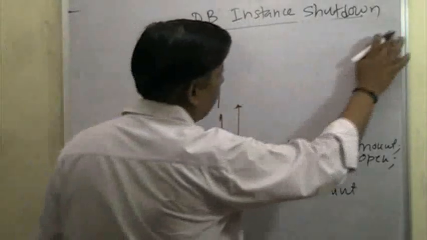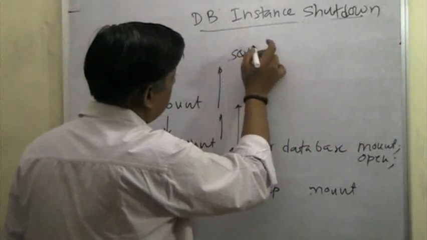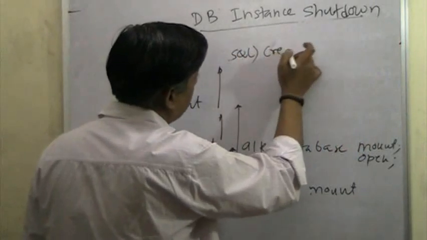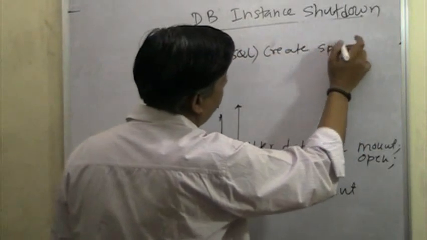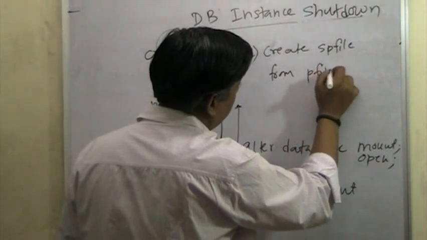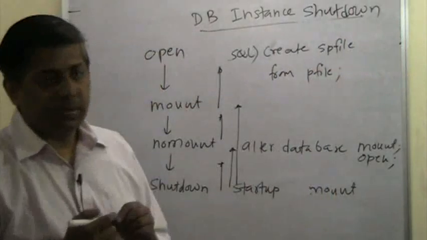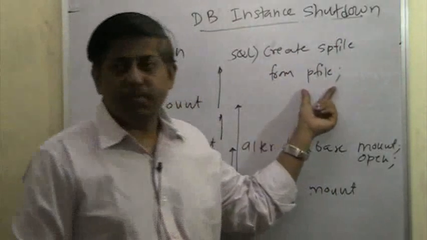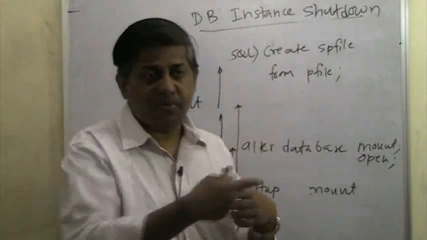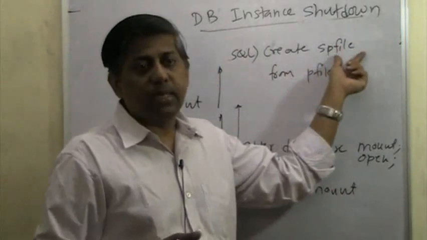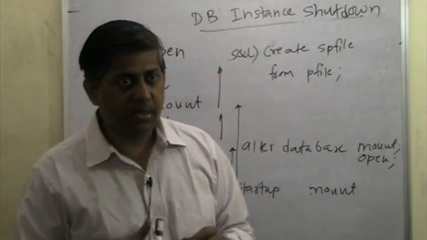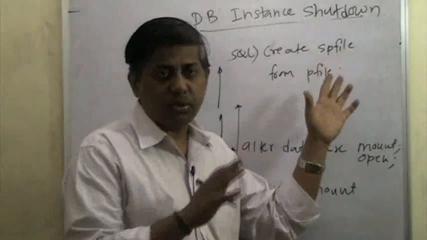So let us say you execute this command, create SPFILE from PFILE. What will this command do? First thing is P file has to be in the default location, that is the DBS directory. It will go and read the P file and it will generate the SP file from that, from the text to binary. And where will it keep that binary? Again inside the DBS directory. Okay, so text file to binary file, all of them in the DBS directory.